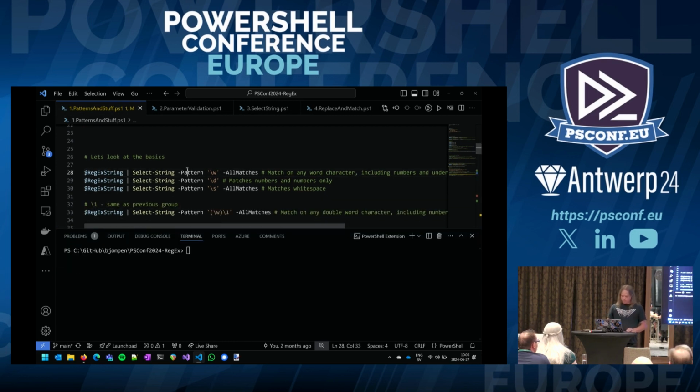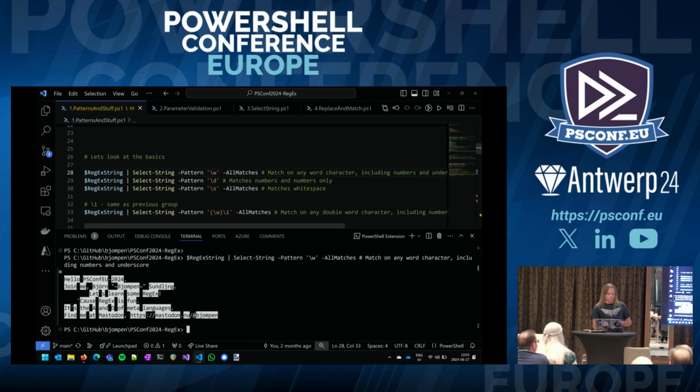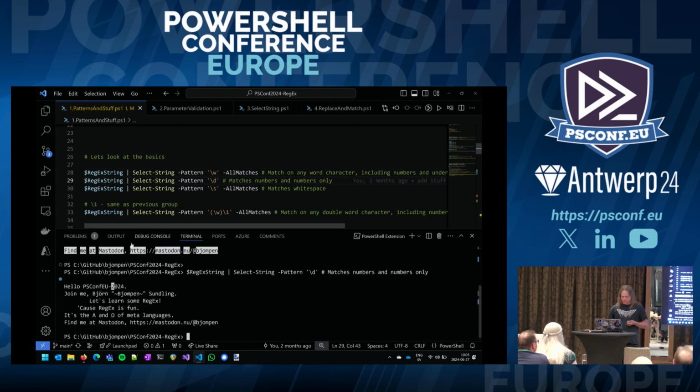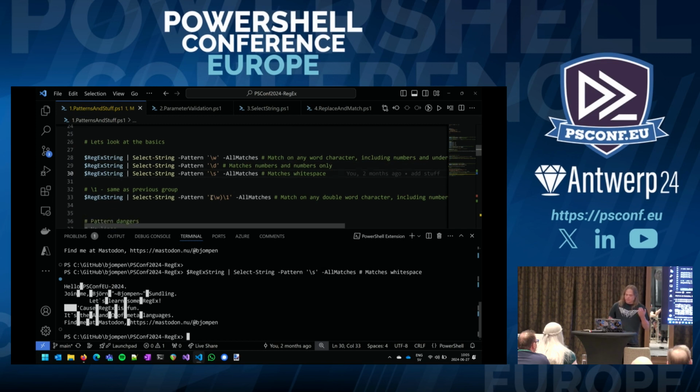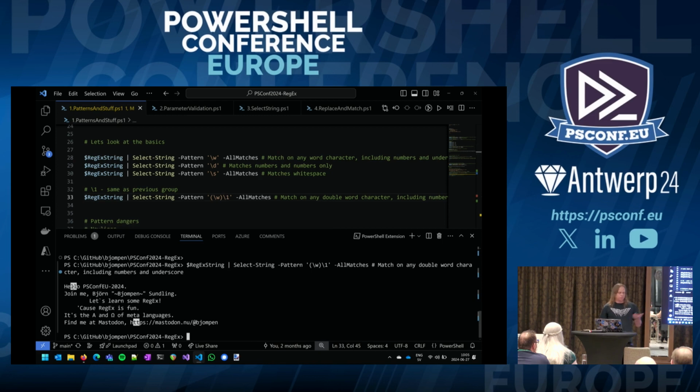Yeah. So we can do simple stuff like capture every word character or capture every digit. Select-String also accepts -AllMatches, so we can capture everything, match white space, and so on and so forth. We can also do grouping and say, okay, capture word characters, and then we add a \1, which means capture only if there's two, like the one capture group before, and add that one more, which means we only get the double character, so LL and TT in my little string down here.